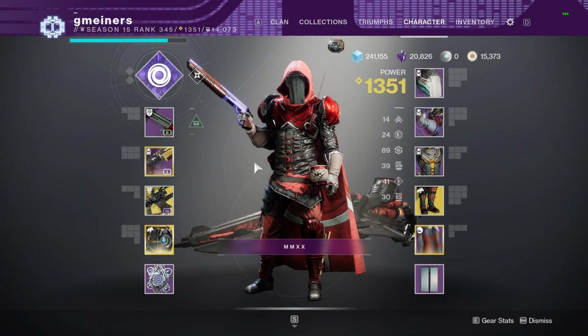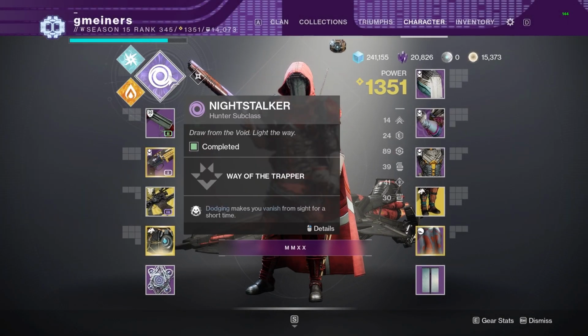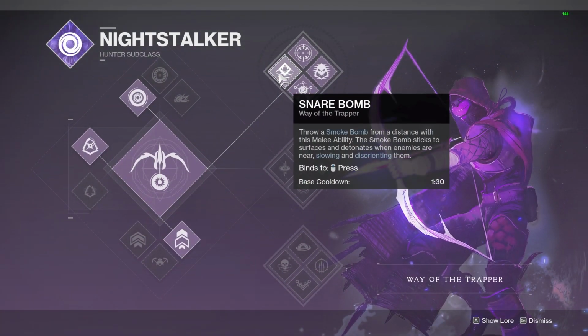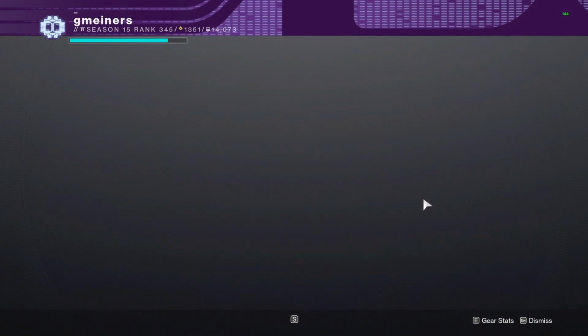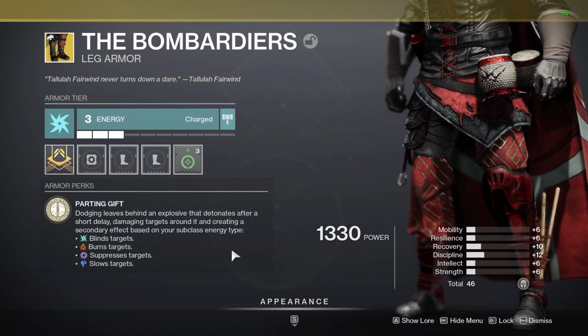If you want to make this build even stronger, you can play on Hunter using Top Tree Void and the exotic boots, the Bombardiers. The melee on Top Tree Void provides Hunters with another ability that can suppress enemies that walk through it. On top of this, Top Tree Tether is one of the best ad clear and crowd control supers in the entire game. Running a Void subclass while using the Bombardiers allows players to stun enemies with an explosive bomb that is released